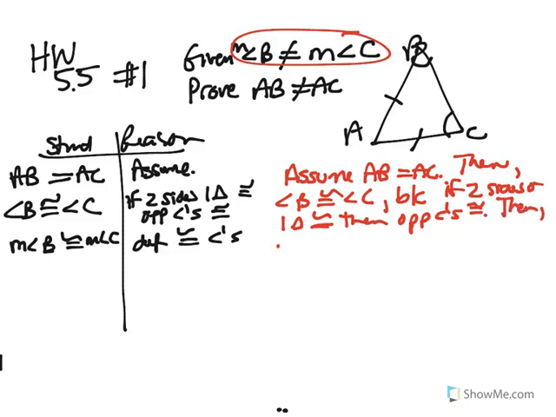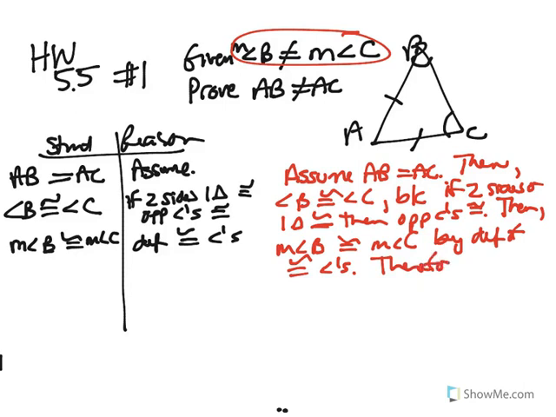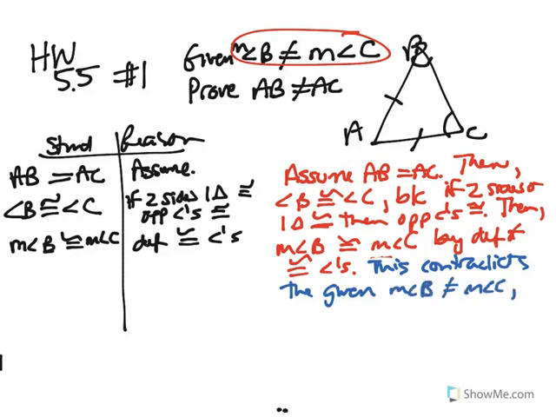Then the measure of angle B is congruent to the measure of angle C by definition of congruent angles. Therefore, oh, sorry, don't want to do that yet. So we say this contradicts the given that the measure of angle B is not equal to the measure of angle C, and therefore